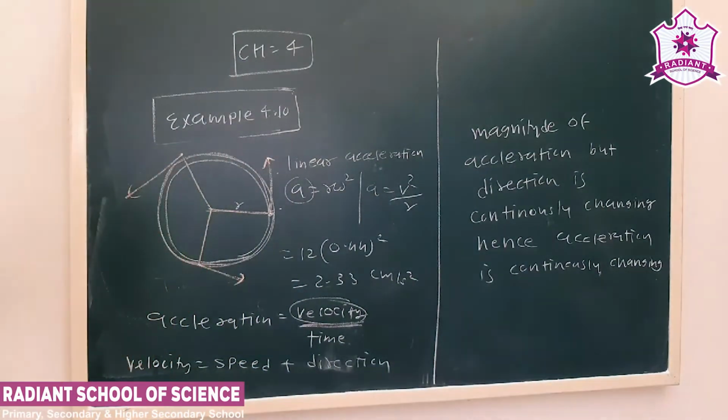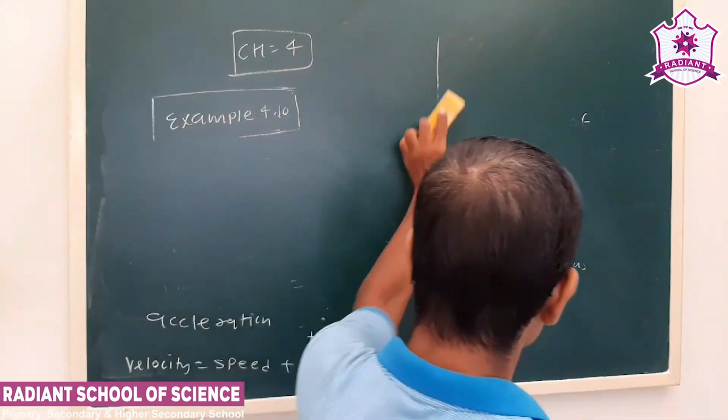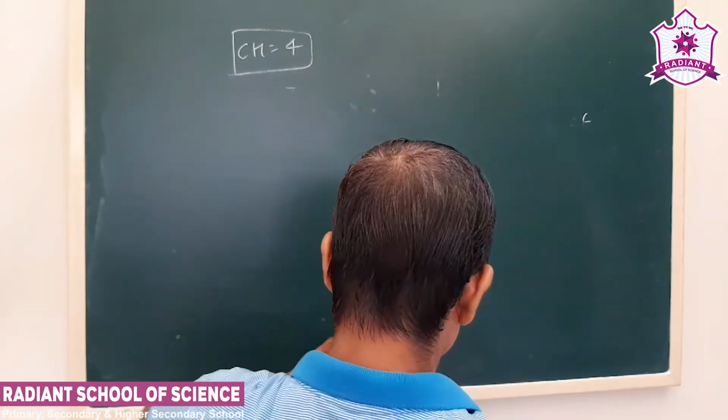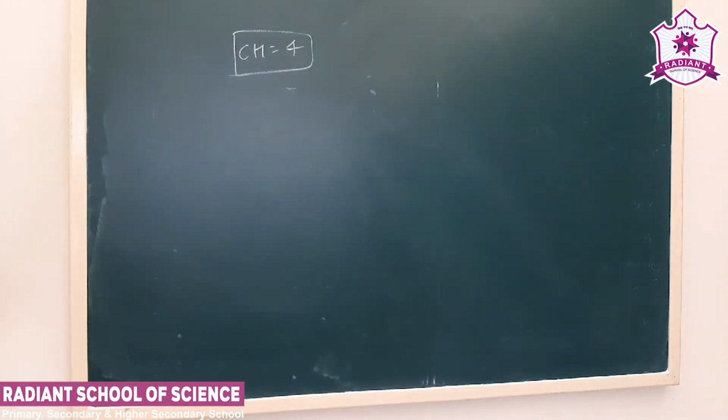Now we start the exercise numericals. Generally we take up the sums which require calculation. Okay, theoretical questions we can discuss in the class itself. Okay, now see, the first question on scalar and vector quantity you can easily obtain. Okay, now let us say we start with exercise number 4.8.